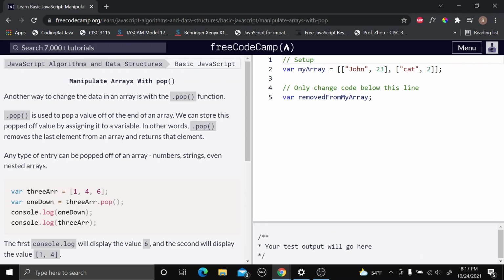This is manipulating arrays with .pop, the pop function. Another way to change the data in an array is with the pop function. .pop is used to pop a value off the end of an array. We can store this popped off value by assigning it to a variable. In other words, .pop removes the last element from the array and returns that element. Right, so